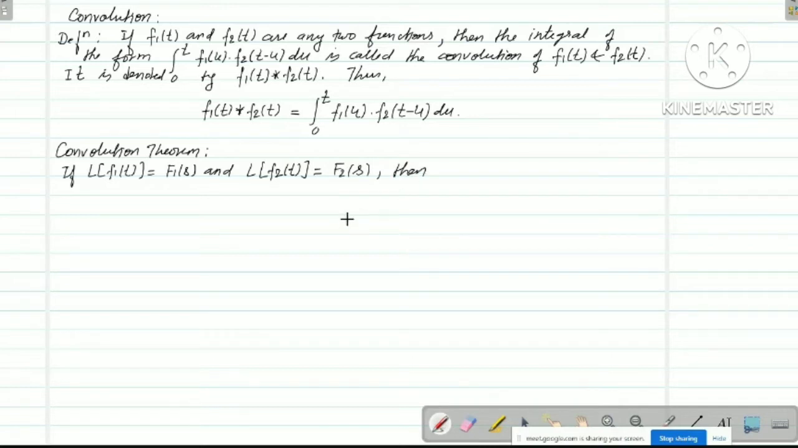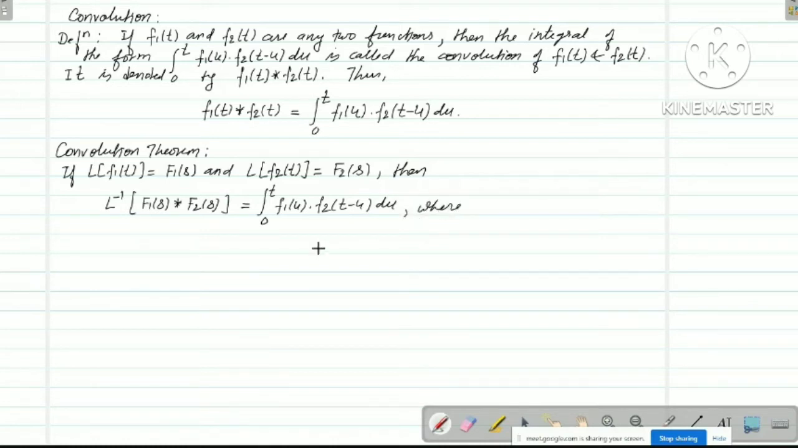the convolution theorem states that the Laplace inverse of the function F1(s) asterisk, or you can say into, F2(s), is equal to the integration with limit 0 to t of f1(u) into f2(t minus u) du,